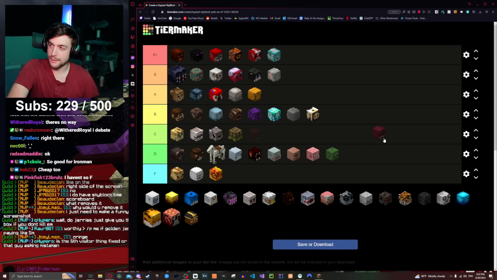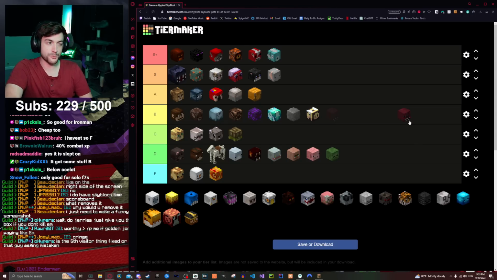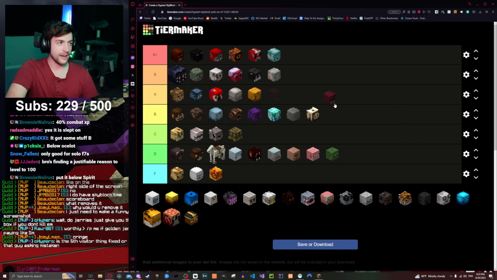Tarantula pet. I think this one's slept on, personally. It's the best pet in the game for Spider Slayer. It's cheap. It's practically free. You can get it by accident just by fighting arachnids. I kind of like that. 40% combat XP is nothing to sneeze at. I do quite like it. It is pretty slept on in my opinion. So I think I'm gonna put it in...